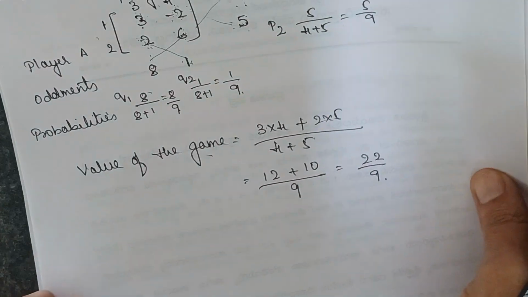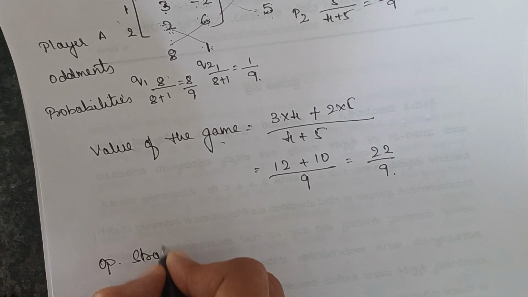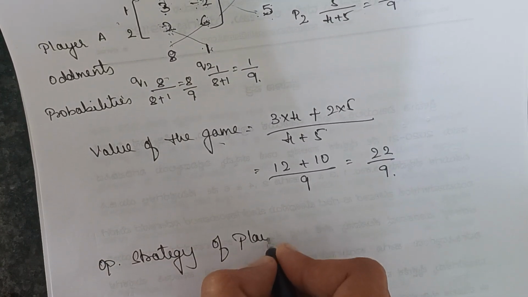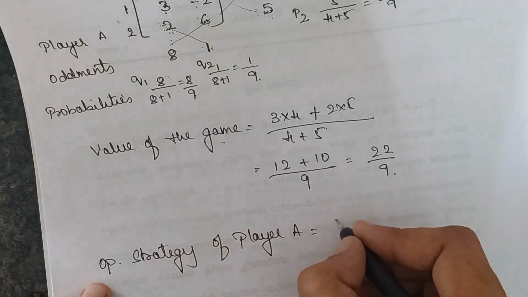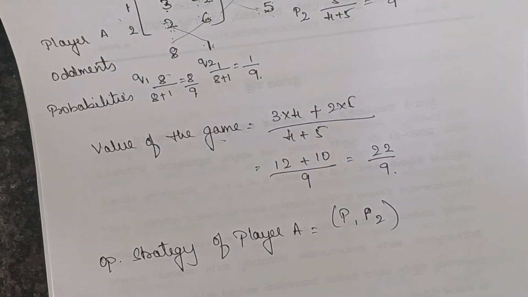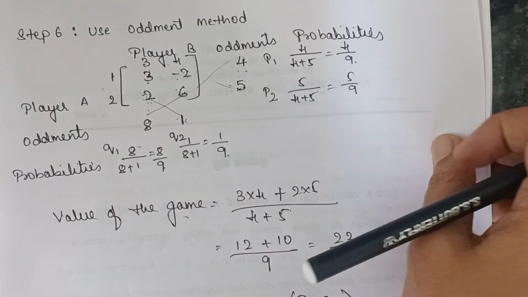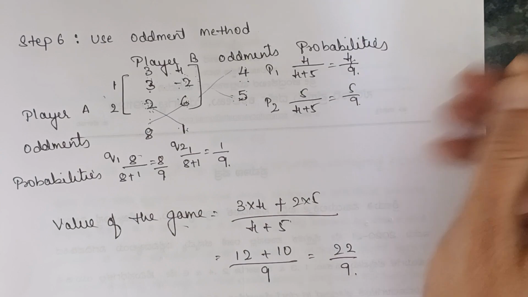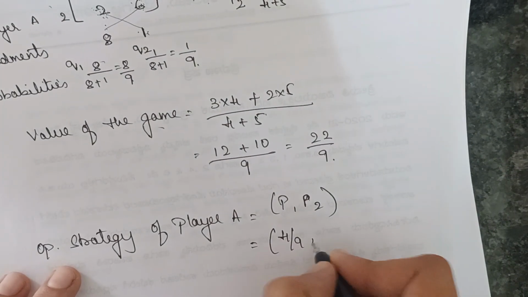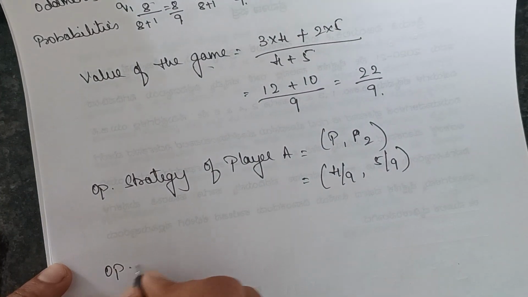Now we will write down the optimal strategies. So optimal strategy of player A will be P1, P2. Player A is having only 2 alternatives, P1, P2. So P1 we have got 4 by 9, P2 5 by 9. So this will be the optimal strategy. So 4 by 9, 5 by 9. Now let us write the optimal strategy